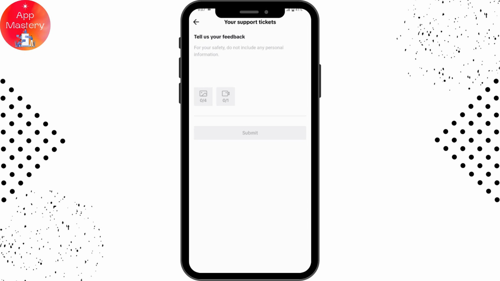You need to enter your information like your TikTok username, your email address, and once you enter your TikTok information, you can simply click on submit. And after submitting, within 24 hours, you will get a mail or you will get some help from TikTok on how to change your date of birth or how to change your age. So that's it. That's the only way to change your date of birth or birth date on